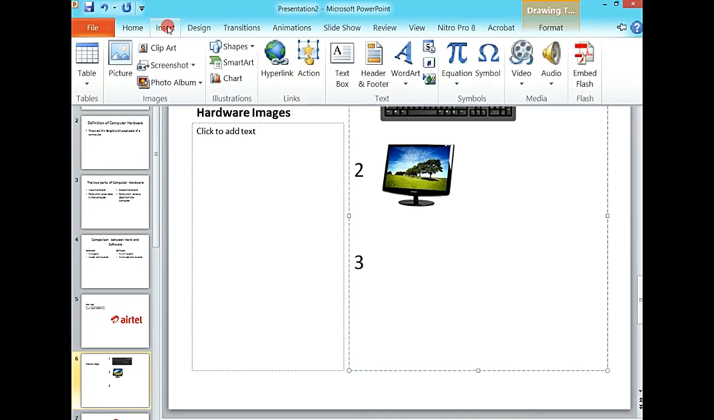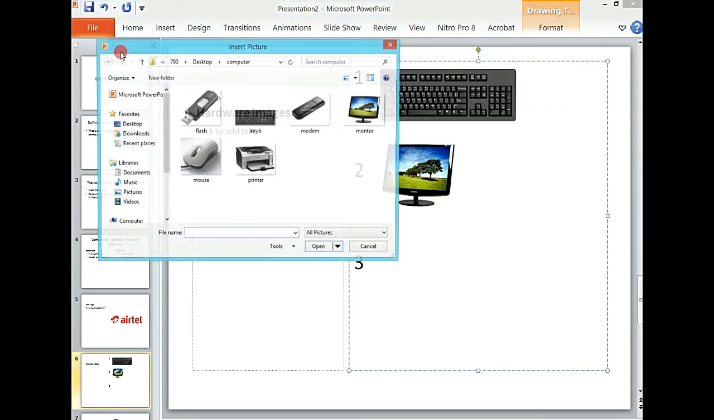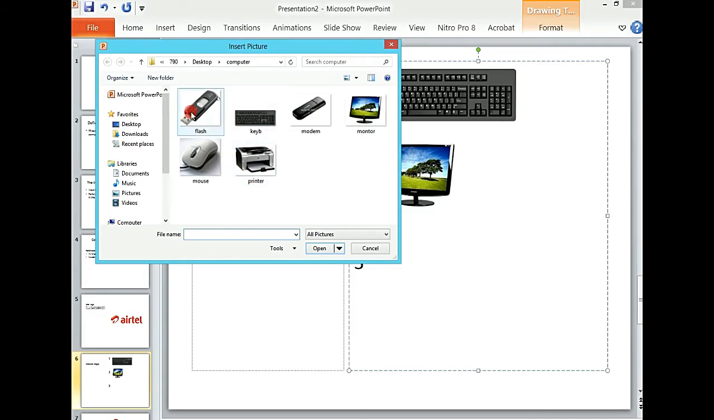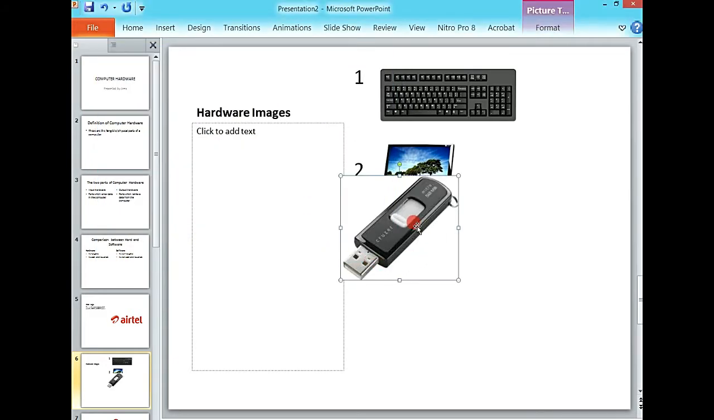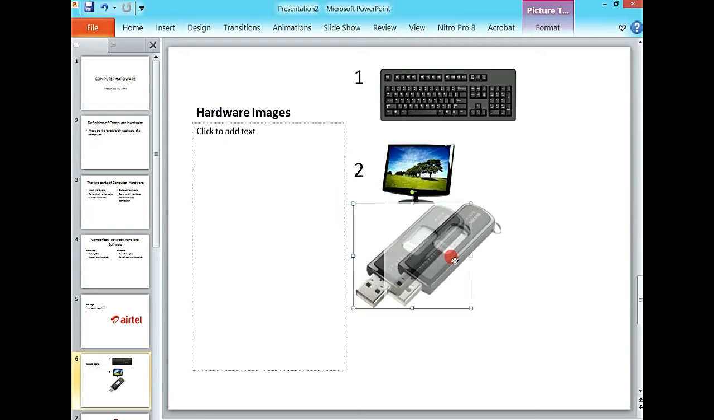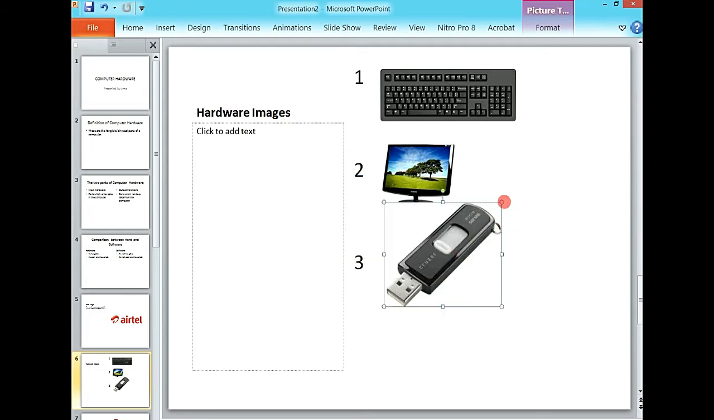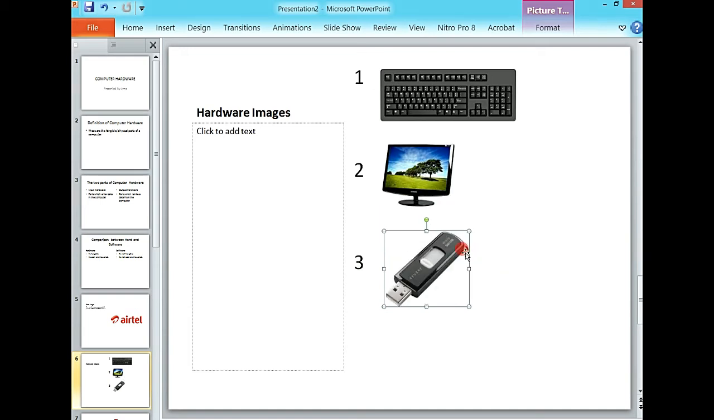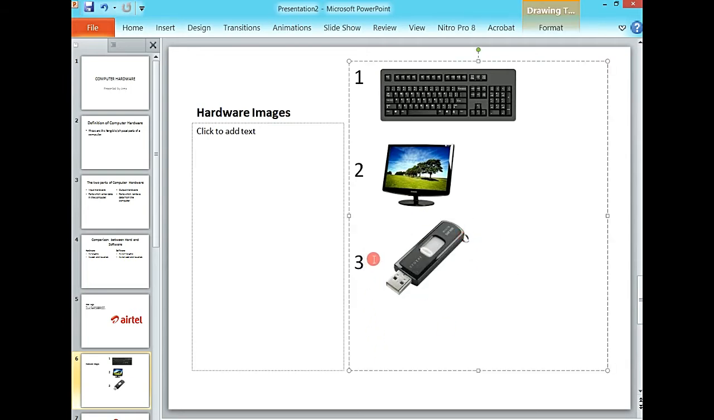I go back to insert picture, and maybe I can pick a flash disk picture. If it's too big, I can point at these selection handles and hold shift to scale it down proportionately. If you hold shift, you can scale it down proportionately, but if you don't, it might come out not very proportional. So always hold shift to scale down or up proportionately. And lastly, number 4,